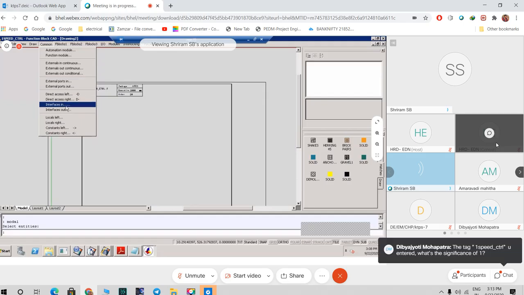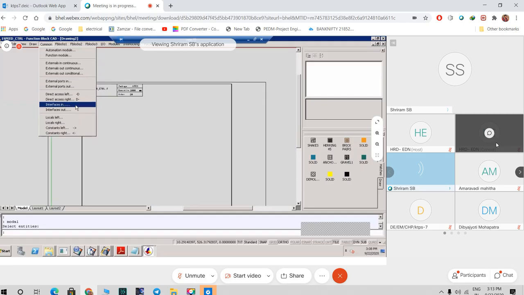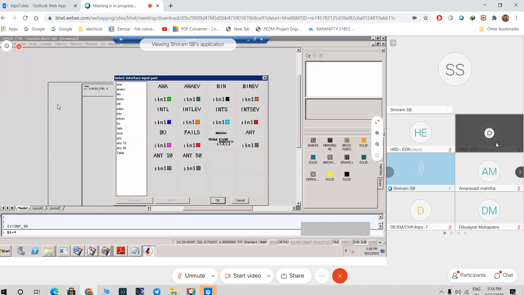So first what we will see is interface in. You can go to this common and then you can go for this interface in. Interface in is used for giving inputs to this loop. So once I click this interface in, there are multiple interface in blocks appearing based upon the